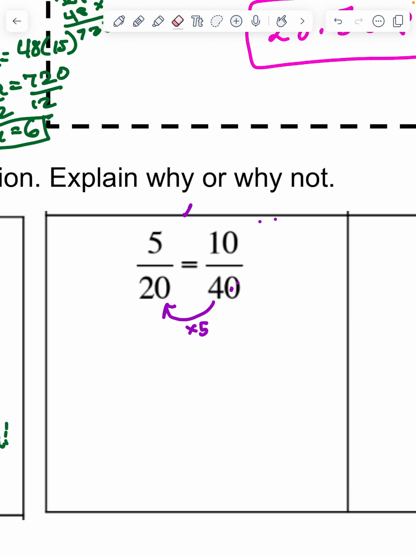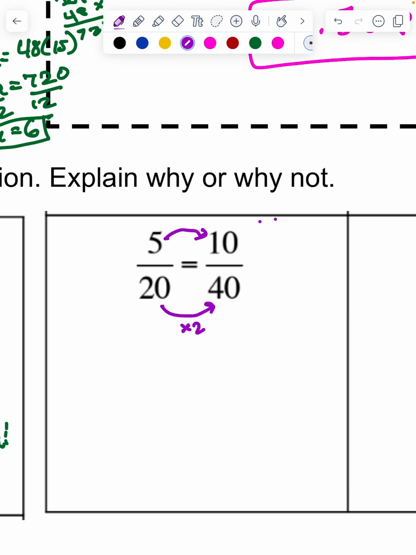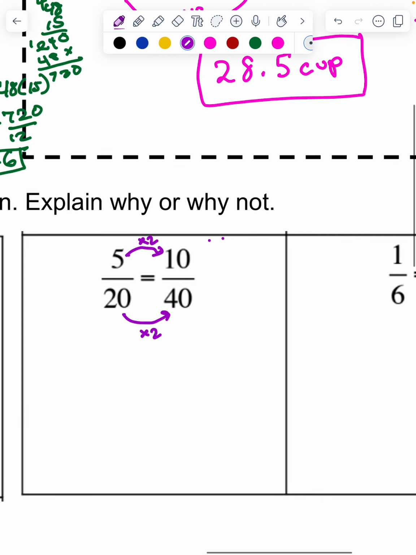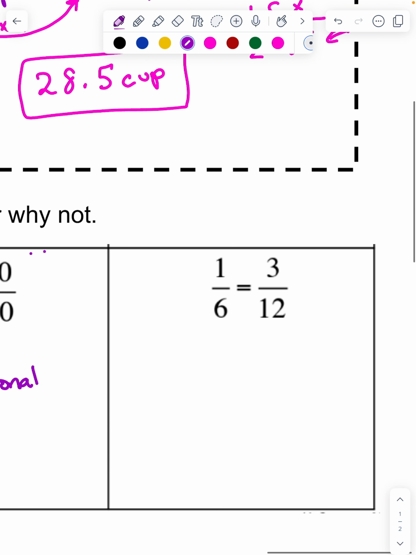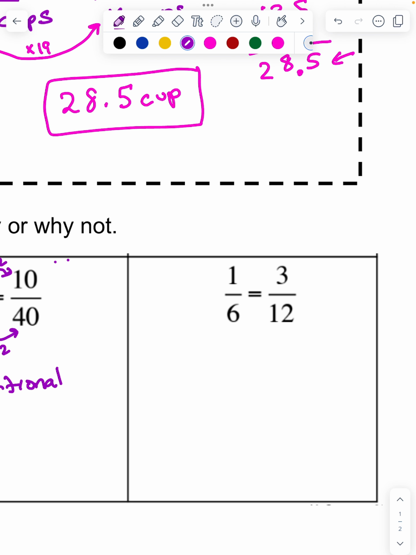I can also do times 2, times 2. That's proportional. So there were 3 ways I decided that that was proportional. Equivalent fractions are proportional. Okay? Now,